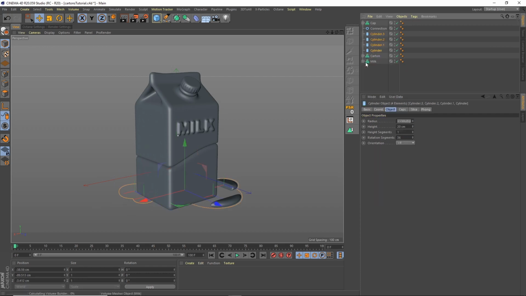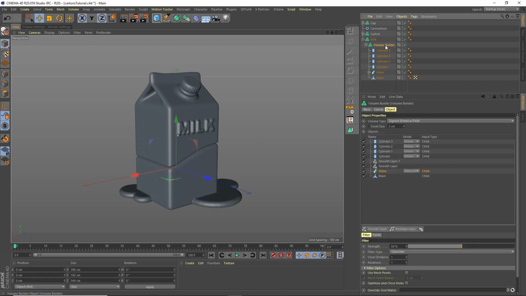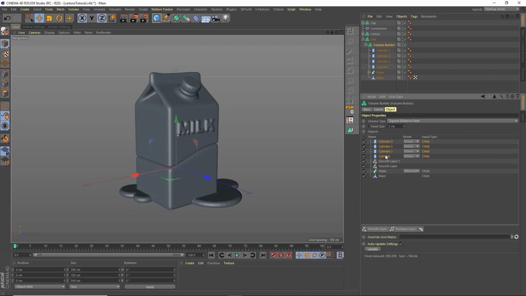Take it out of the carton. We want it in the milk. But I can see whether we're going to run into a problem, so we'll put that into the milk. Oh no, actually we can leave it here. Yeah, let's put it above the wave so it's not being affected by the wave. And then we've got our milk